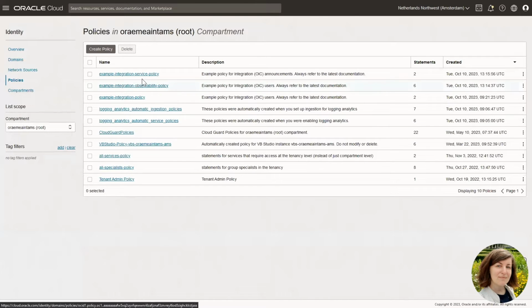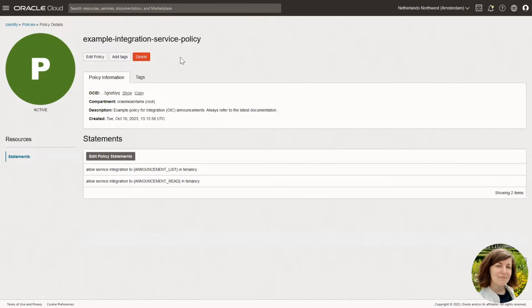And the third policy that is relevant for integration is an announcement policy. The syntax for this policy is slightly different. You will allow the service integration to access the announcements in the tenancy.